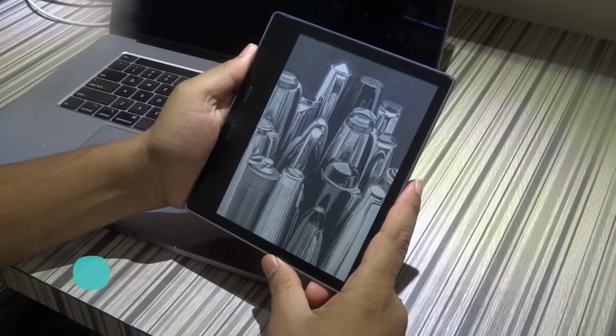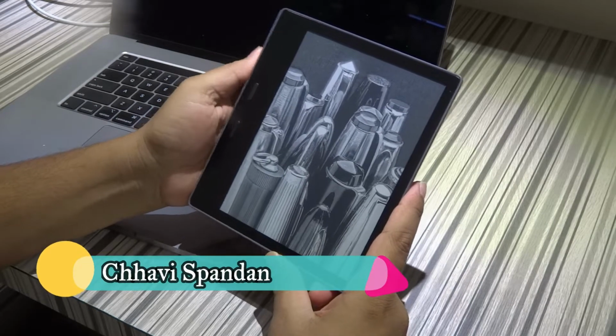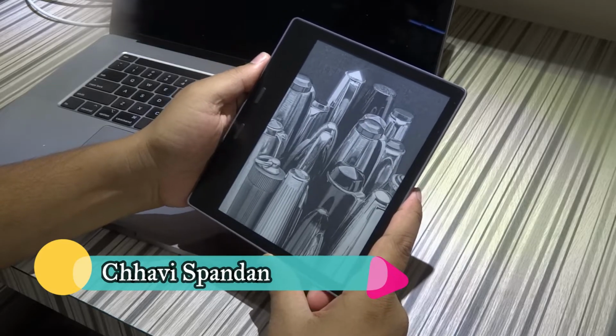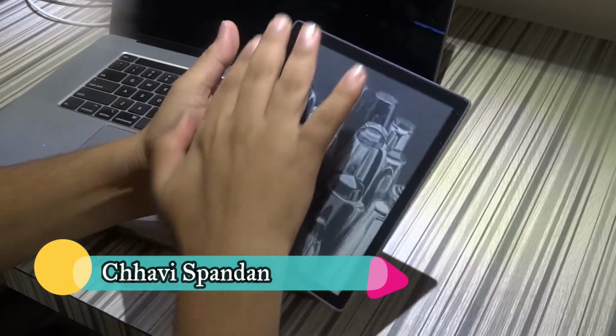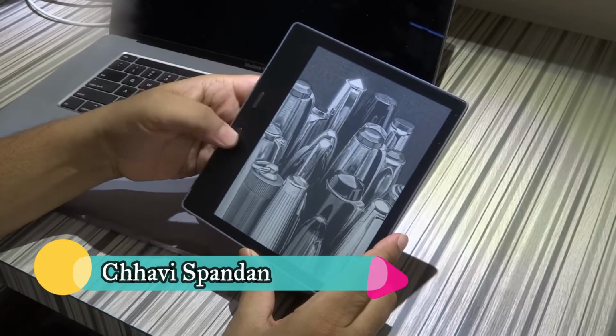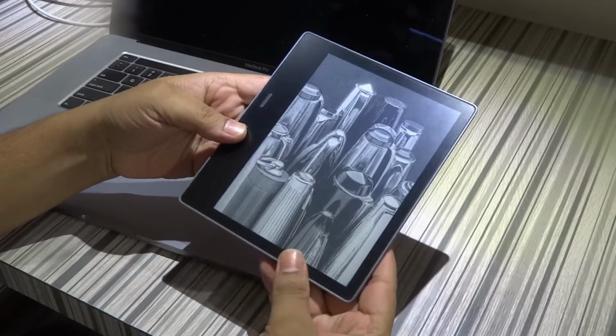So we are going to talk about this Kindle and its features. We'll go one by one. First we will talk about the view, look and feel. So this is the front view. Here they have provided these two buttons to go through the page up, page down, and this is the back